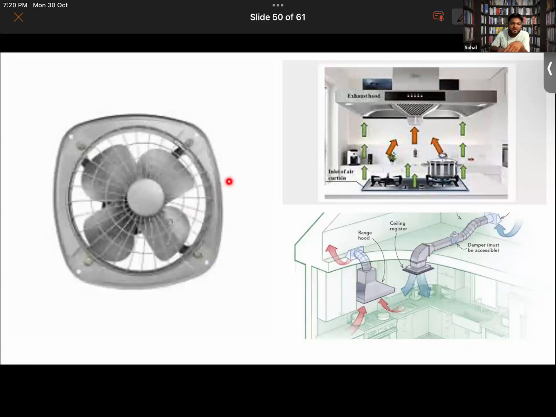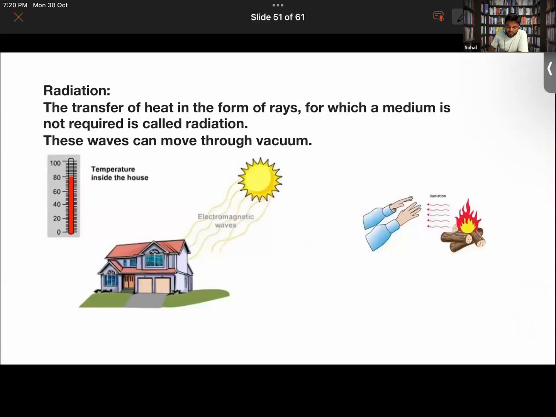And then you have got a simple exhaust fan that is fitted in Indian homes. You will basically get to see this type of fan as well. That also does the same thing. It will basically suck up all the warm air and it will be taken out of the room, right? So hope the application of convection is clear to both of you now.